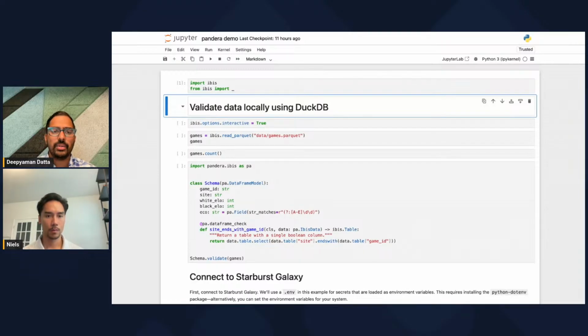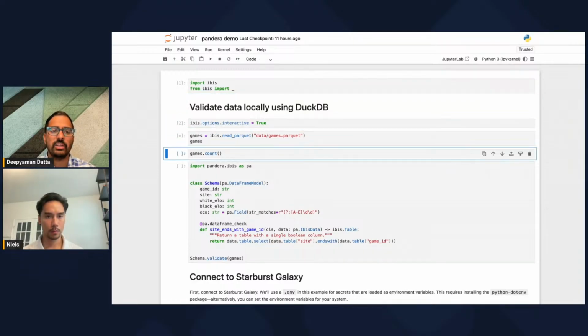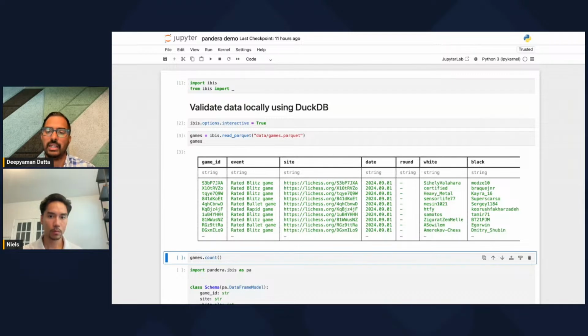So I am going to start off by loading this data locally. I don't know how many people are familiar with chess or the Lichess server, but in short, there's a website, if you know of chess.com. There's also a free open source chess server that's pretty popular called Lichess. And one of the nice things is they export all of their games, and you can freely use that data. So I like to use it for some of the demos.